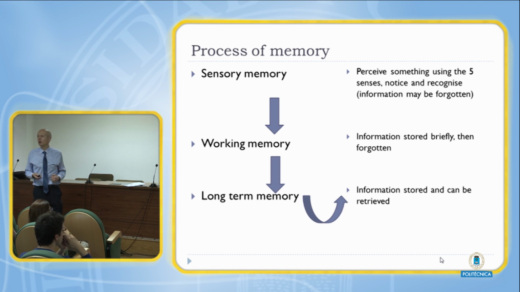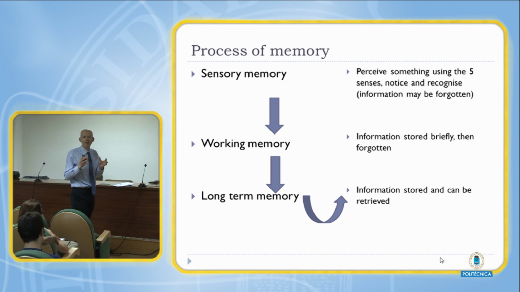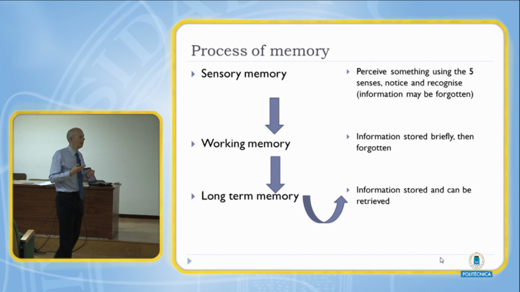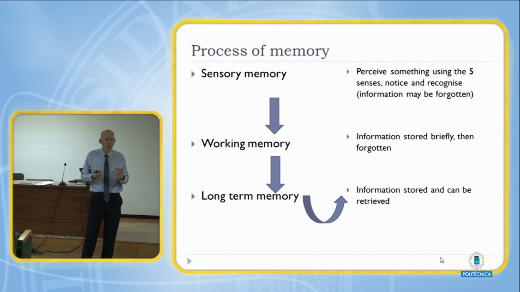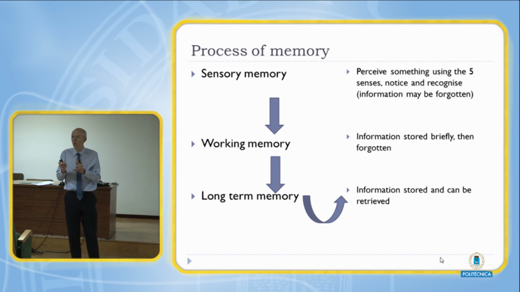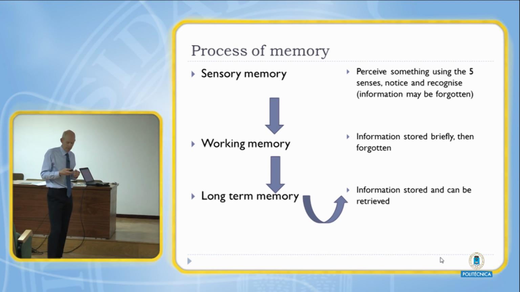So coming towards a conclusion, just to summarize the process, our memory works because we identify something using our senses, and that helps us to process it, to put it into our working memory for long enough in order to perform a task. If we pay enough attention to it, we won't forget it. And if we try to store it in particular ways by relating it to visual information, to auditory information, etc., that way we can store it more appropriately and then retrieve it at a future date from our long-term memory.